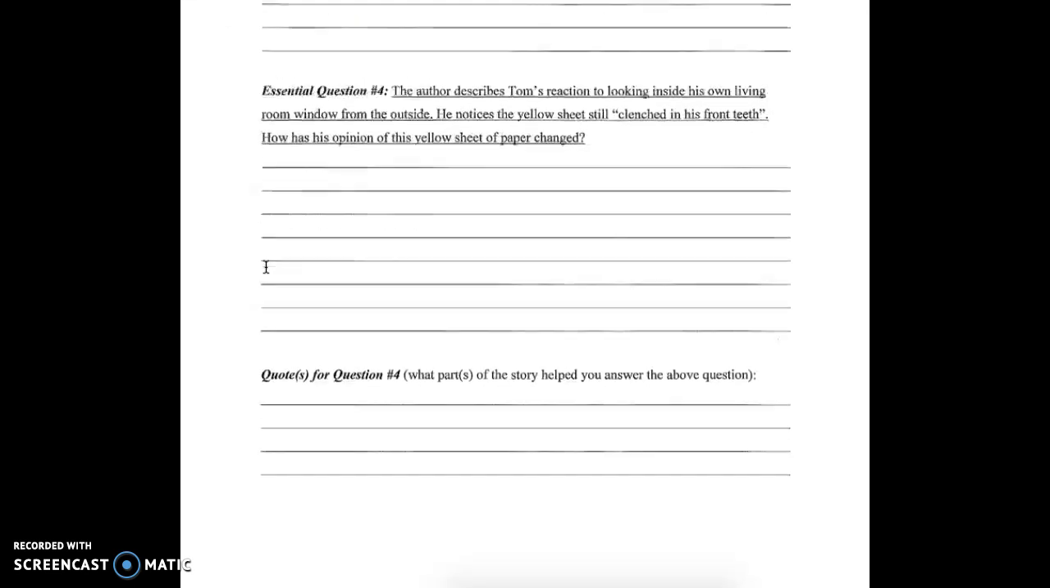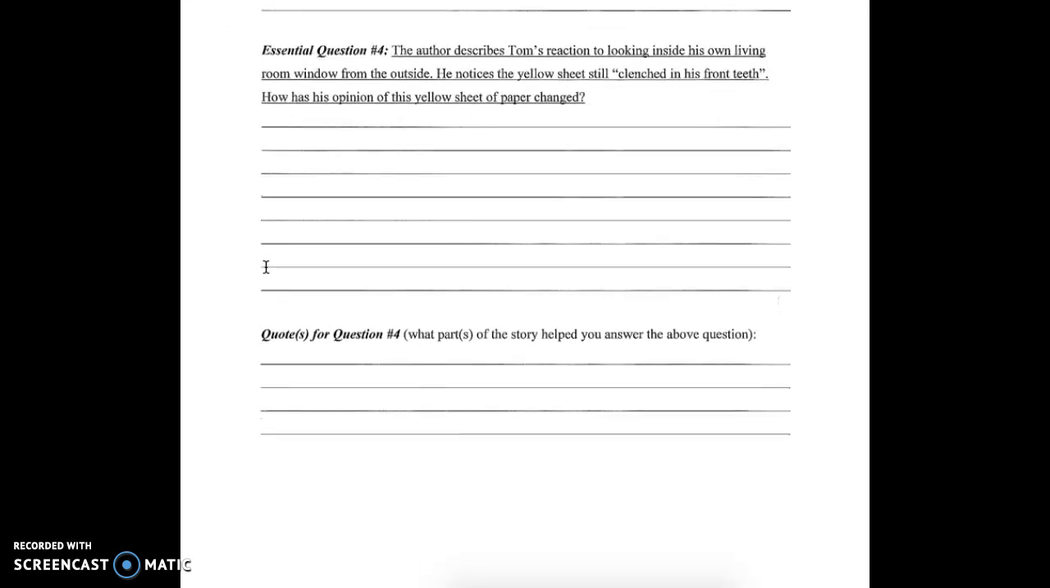Question number 4, the author describes Tom's reaction to looking inside his own living room window from outside. He notices the yellow sheet still, and then in quotations, "clenched in his front teeth." How has his opinion of this yellow sheet of paper changed? Then the second half, again, is a quote, character action, or plot event that helped you answer